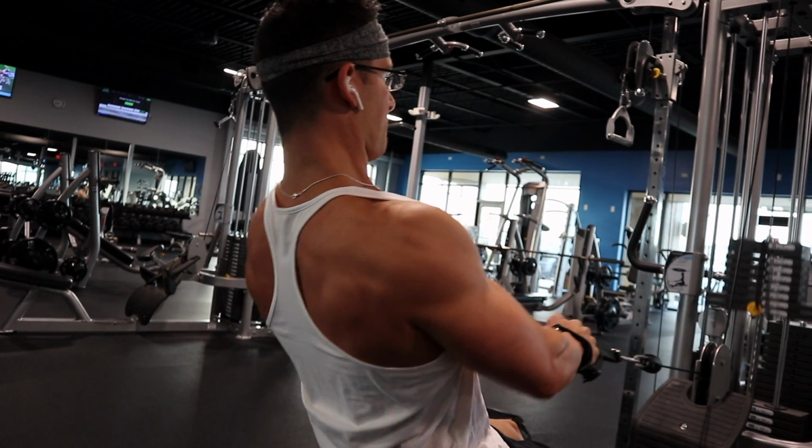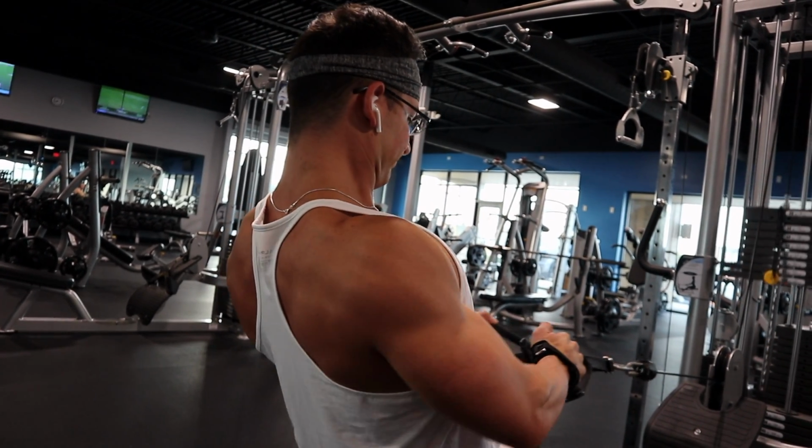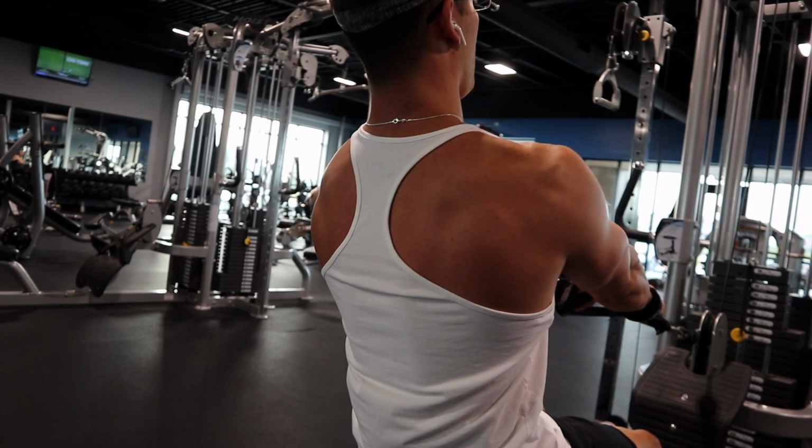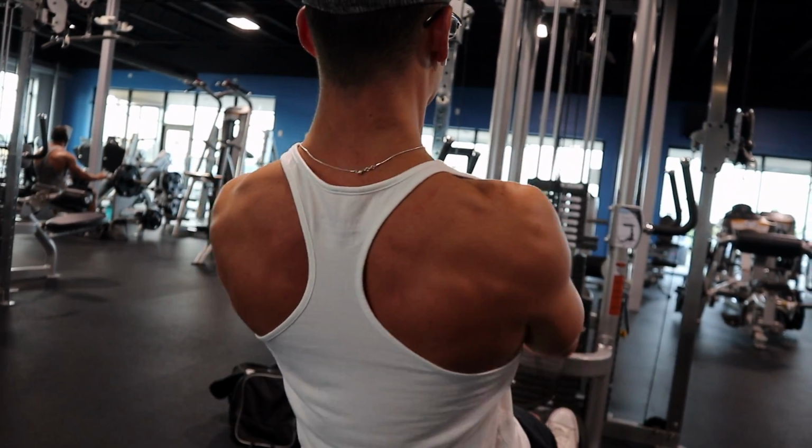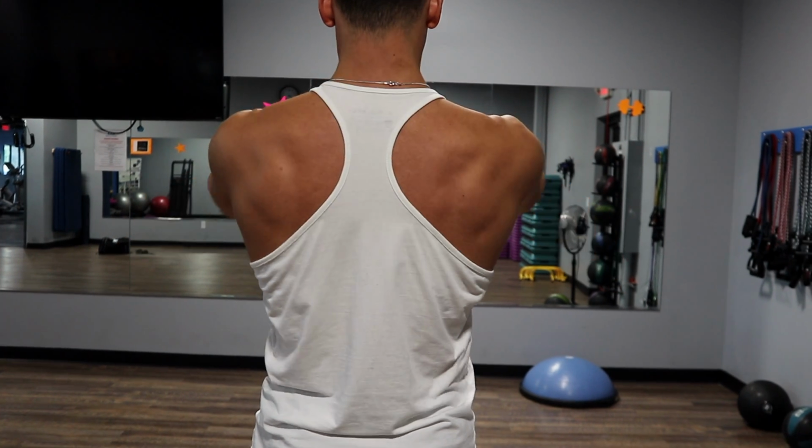And now we've got to be careful here because rows are great for building your back, but it all depends on how you do the row. So here's a row where you're working actually your retractors of your scapula, like your rhomboids and your middle traps. This is when you retract your scapula during the row. This will hit your lats, but not nearly as much as if you were to do a row without scapular